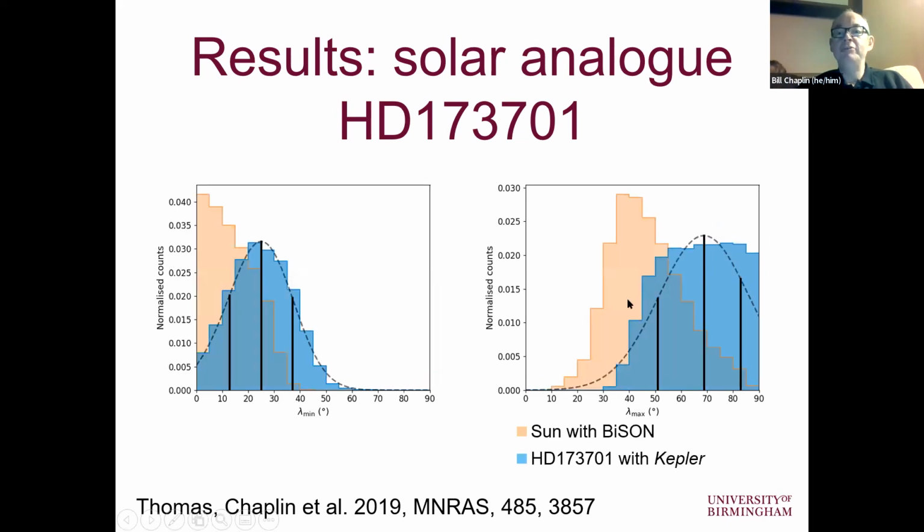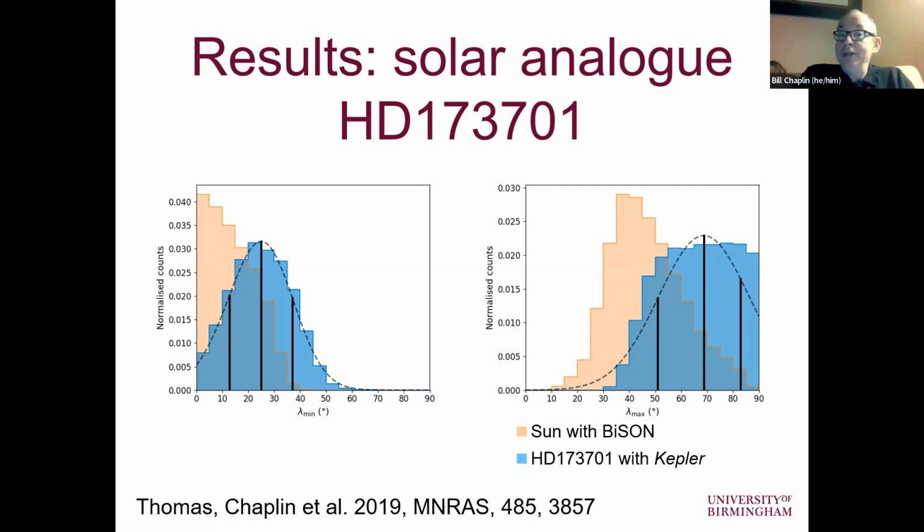And just to show those two distributions, the orange, actually more of a pinky color, is the sun, and the bluer color is this particular star. Very, very different. Now, this particular star, if you were to look at its age, its mass and its radius, looks pretty sun-like. But if you look at the frequency shifts it's showing, they seem to be stronger. Also, if you look at the surface pattern of differential rotation, it seems to be different to the sun as well. We're still trying to understand these results, but there's something very interesting to say there.